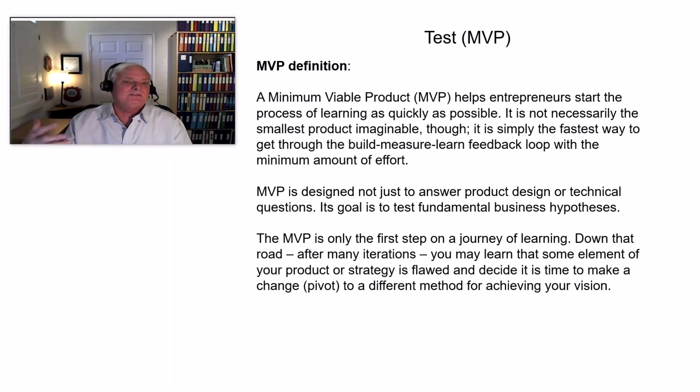Now, the test piece from an MVP perspective, that minimal viable product, helps entrepreneurs speed up the process of learning as quickly as possible, which means that as soon as I have information, as soon as I have data, I am sharing that. I am looking for the fastest way through the feedback loop, and I am letting everybody know what's working and how we adjust, so that everybody in the whole process is understanding the information at the same time. And remember that, as he calls it, the MVP is only the first step on a journey of learning. There are multiple steps in this journey of learning. You're learning all the way through the system. You need to make sure that you understand that.